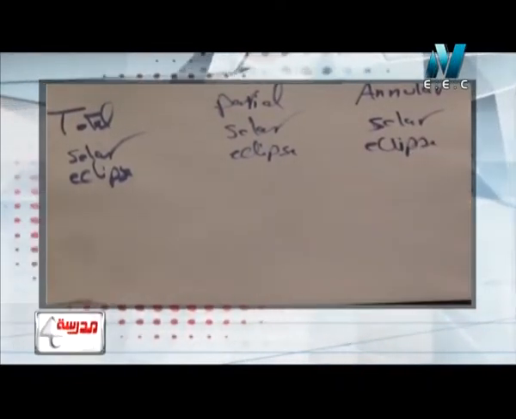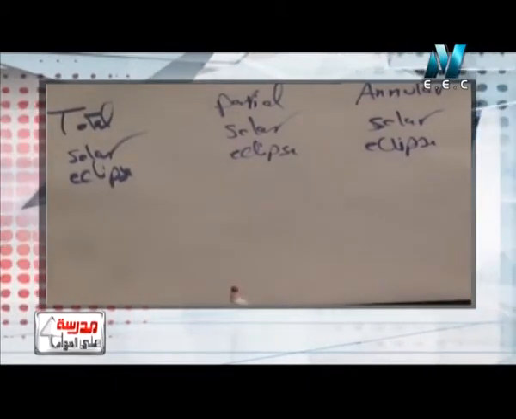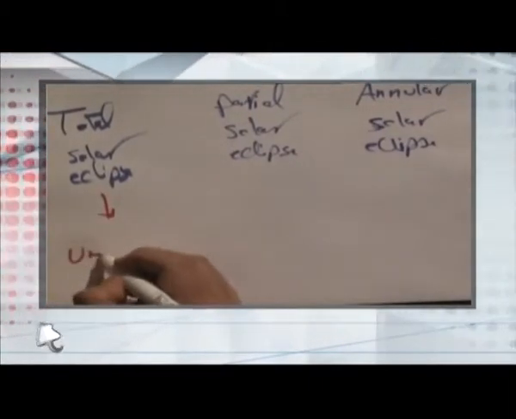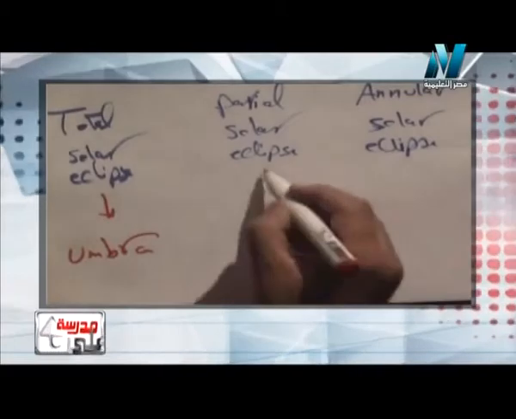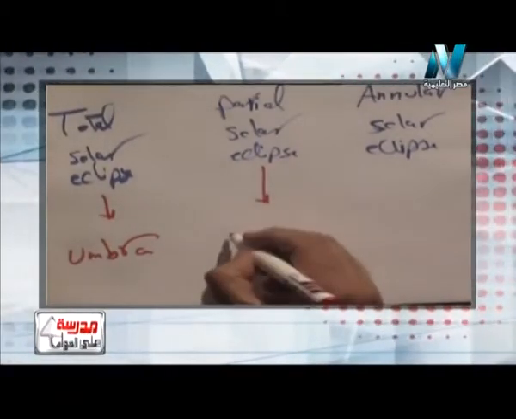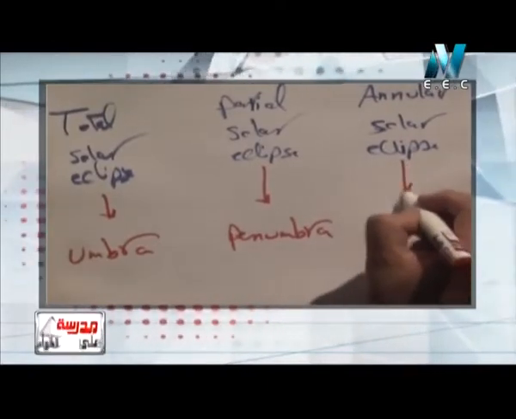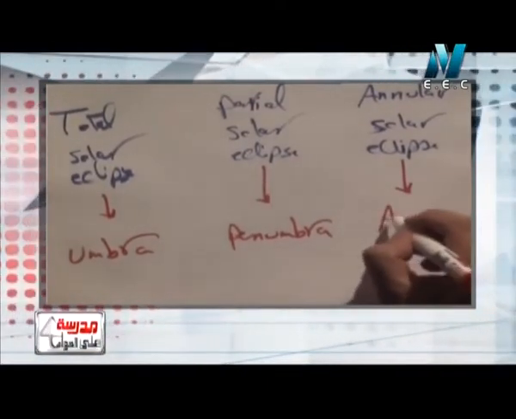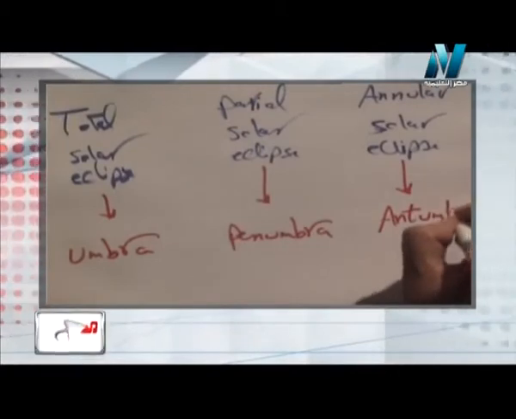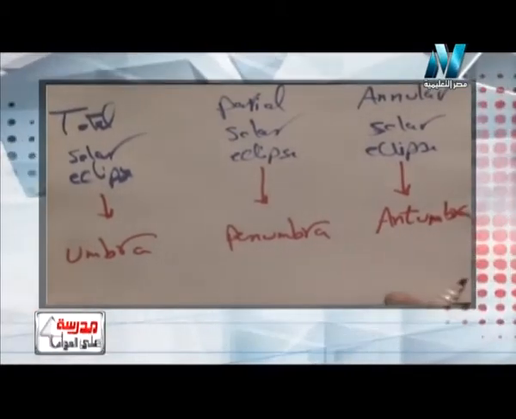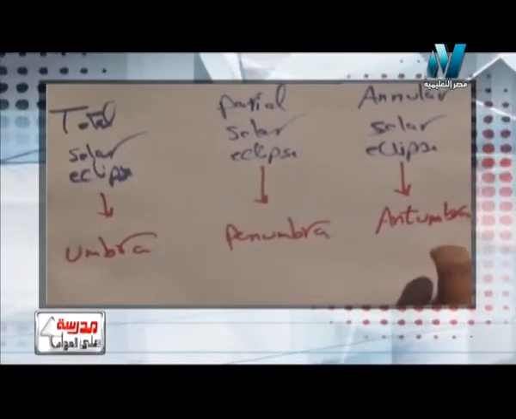Okay, where does total occur? It occurs in the area of umbra. Where does partial occur? It occurs in the area of penumbra. Where does annular occur? It occurs in the area of antumbra. So we can make a secret word or we can make a note here to not forget any one